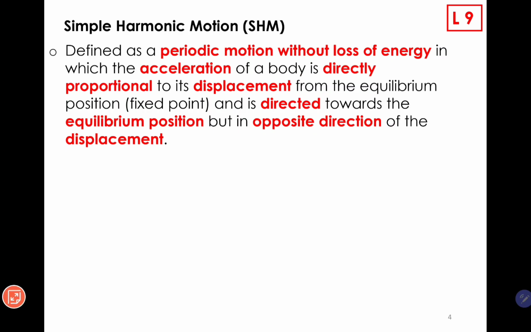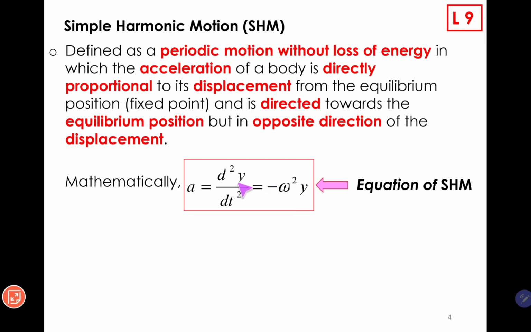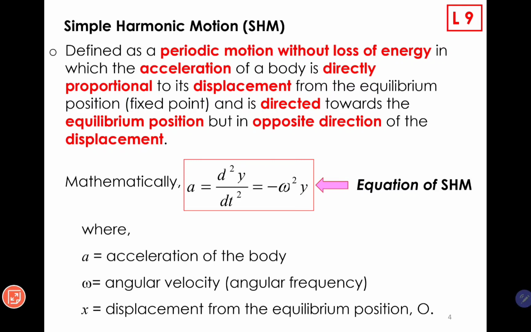Alright, so mathematically we may write down the equation like this. The keyword now is acceleration. So acceleration is directly proportional to the displacement. So y represents the displacement, but opposite in direction. That is why we have to put a negative sign here to show that a and y are directly proportional but in opposite directions. So according to the equation, what do we have? a is the acceleration of the body, omega represents the angular velocity or angular frequency of the object which is oscillating,